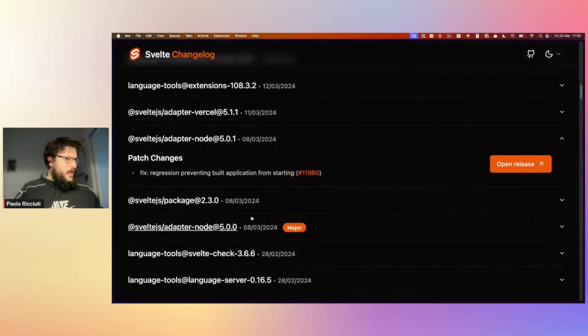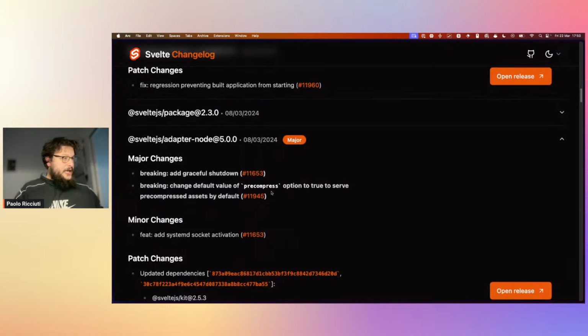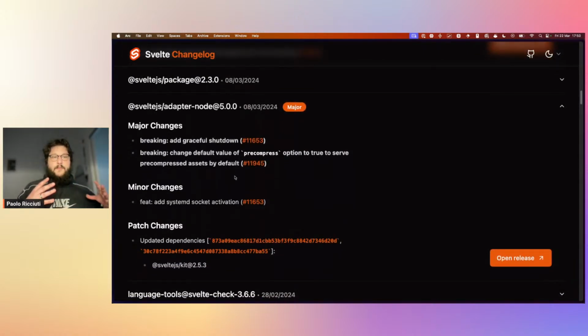There was also a bunch of improvements to adapter node. And it was a great job made by Karim, which is another Svelte ambassador. He used the adapter node a lot because he is very good. Like, he basically has his own VPS, and he self-hosts SvelteKit a lot. And so he did a very wonderful job with adapter node, adding a graceful shutdown, for example, which is something